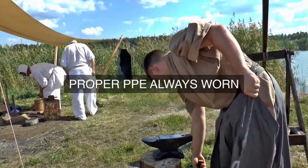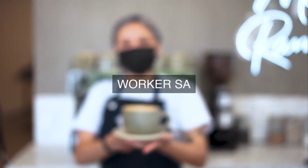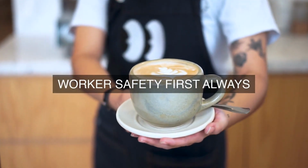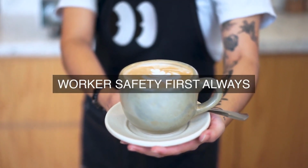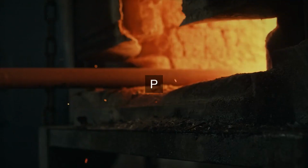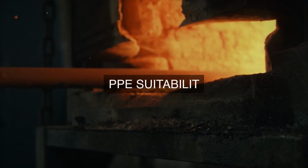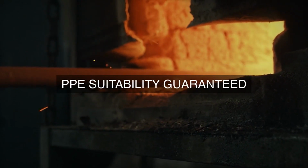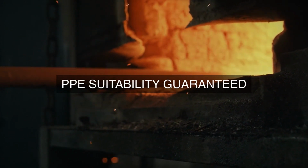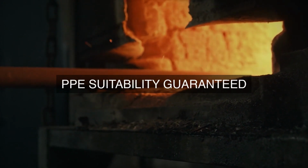Furthermore, the hot work permit system should be integrated with the organization's operational excellence program to ensure that the PPE is not only suitable for the task but also that it is used correctly and consistently. This can be achieved by including PPE requirements in the hot work permit procedure, conducting regular audits and inspections to ensure compliance with the PPE requirements, providing training and refresher training to personnel on the use and maintenance of PPE,